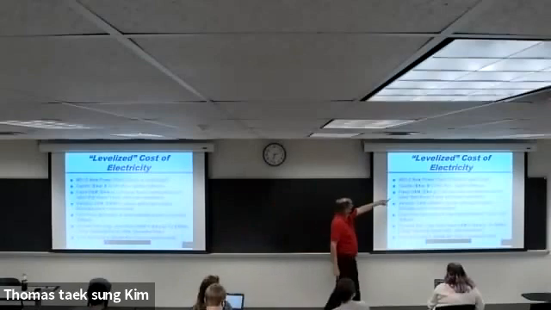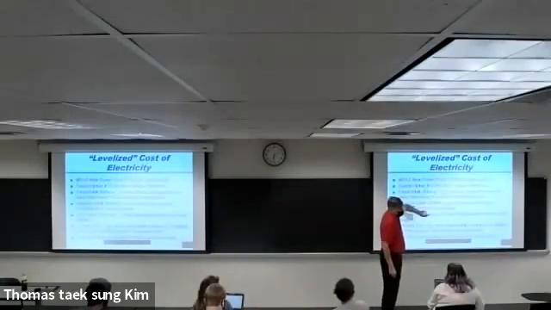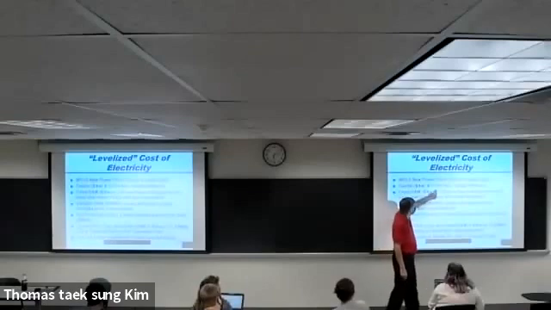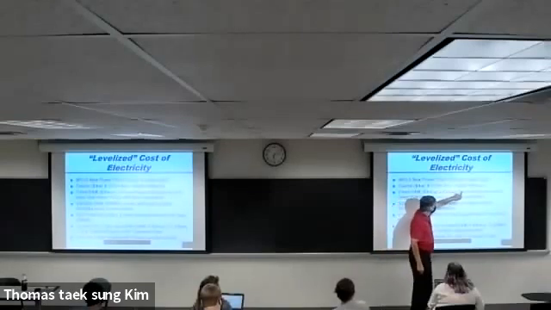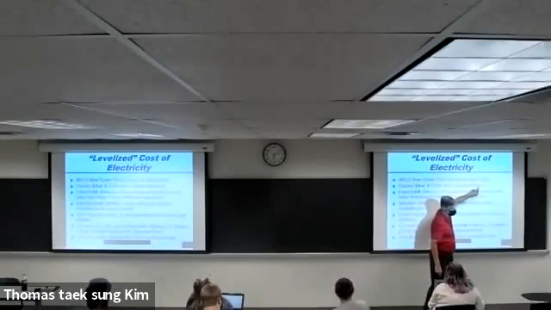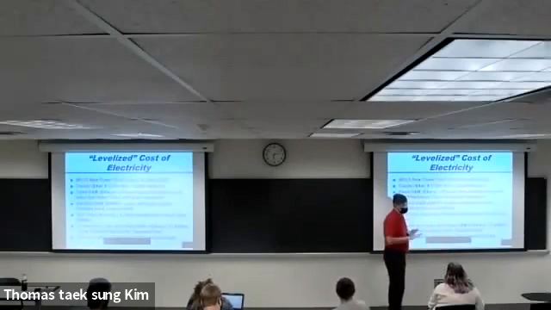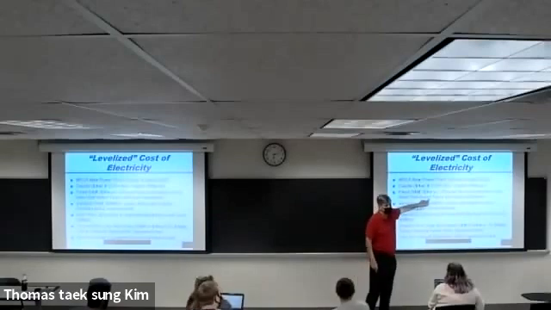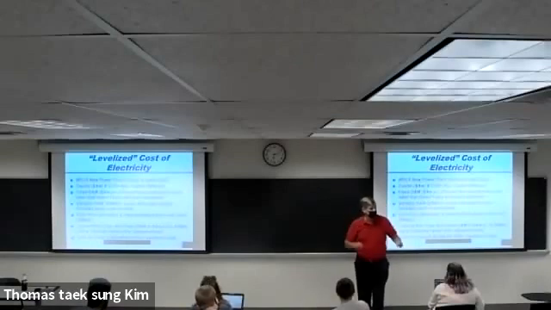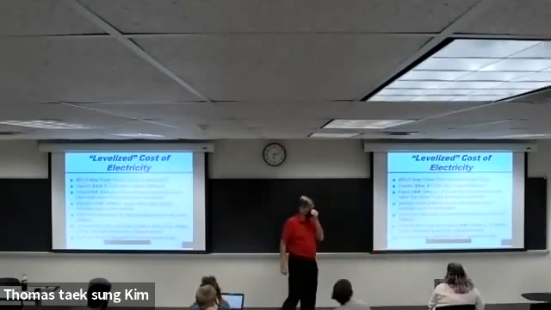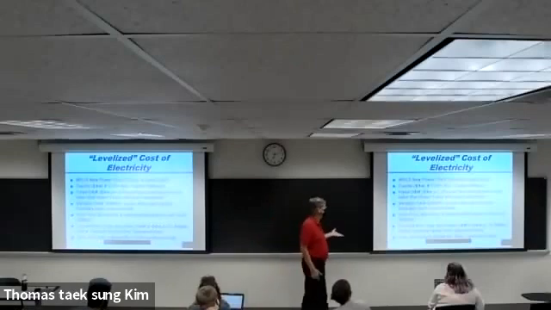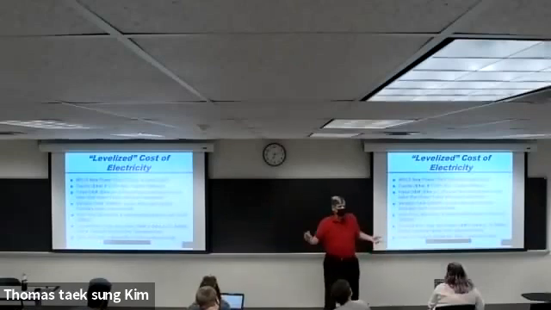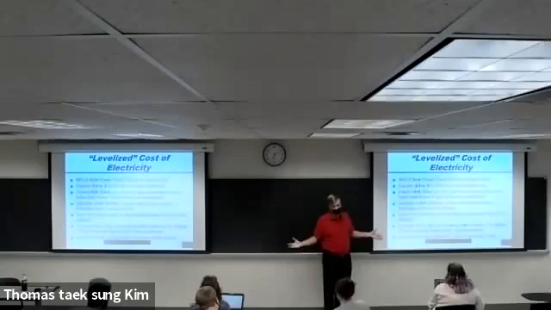So if this number were $1,000 a kilowatt, each year the cost would be 10% of that, or $100 a kilowatt year. That's just your levelization factor. Fixed O&M is already stated in dollars per kilowatt year. That's the amount of money each year you expect to spend on O&M. Some plants maybe $10, sometimes $30, $40, depending on the technology, how much maintenance you have to do, how much staff you need to run the plant, etc.